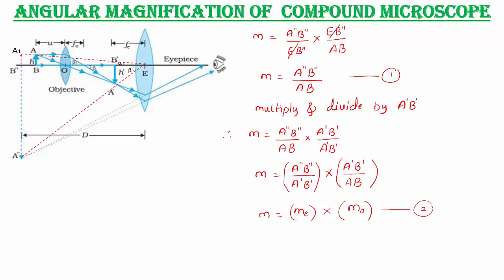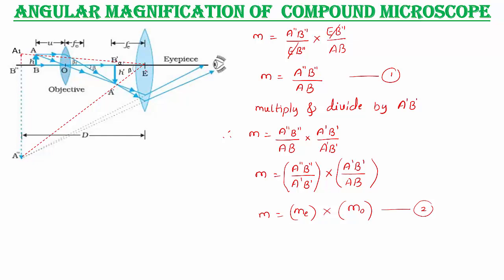Now again concentrate on magnifying power of eyepiece. See here, magnifying power of eyepiece. Here the action of eyepiece is the same as a simple microscope under normal adjustment. Both are the same here. You can remember the first case of simple microscope, since the action of eyepiece is just like simple microscope producing image at nearer point. That is the first case. Both are the same here.